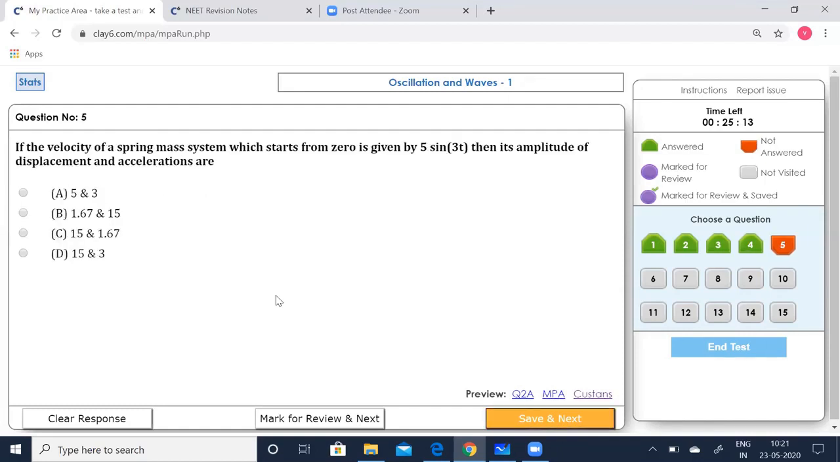If the velocity of a spring mass system, which starts from 0, is given by 5 sine 3t, then its amplitude of displacement and acceleration are? All right. So the displacement is given by 5 sine 3t. Displacement y is given by 5 sine 3t. Now, you know, the displacement is given by, so the velocity is now going to be dy by dt, which is nothing but